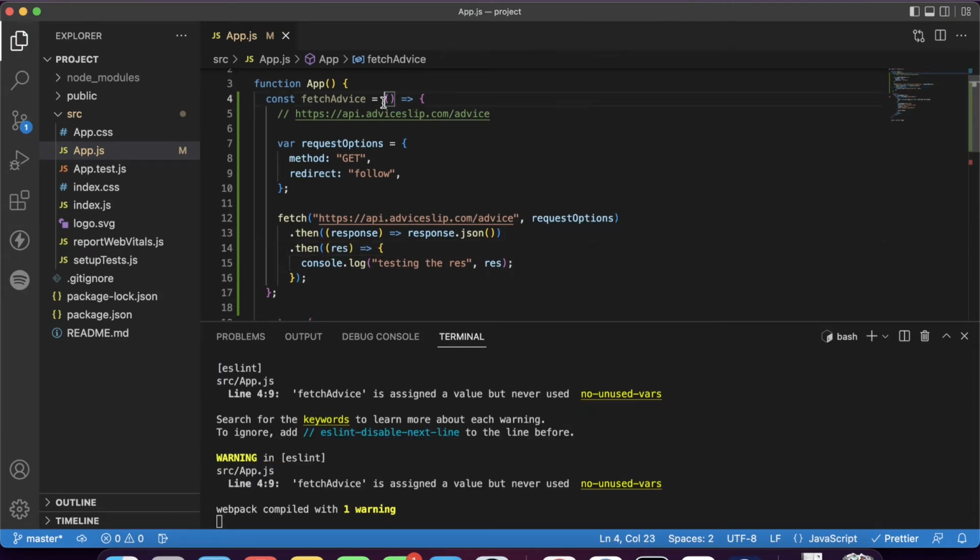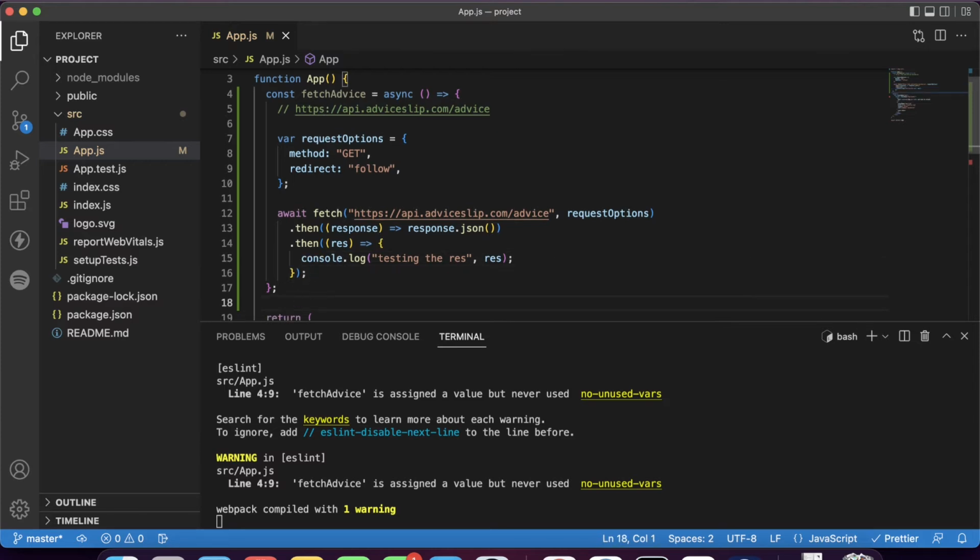Okay, and I'll also make this an asynchronous function. Let's await here. Now what this does is that when it's fetching, it waits for this function to complete. So once it's done, then it like calls the promise. So that's why we are using the async await function, so that it doesn't go into the promise before it has completed. So yeah, and we have the console log here as well.